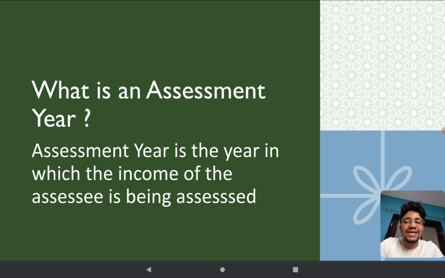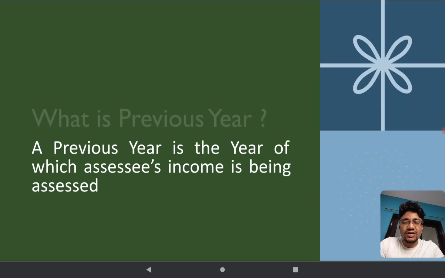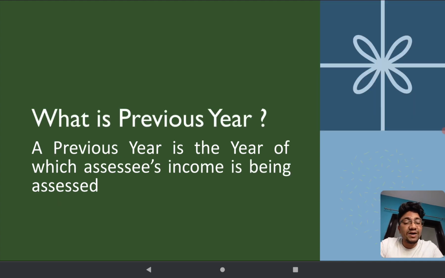Now who is an assessee? Assessee is the person whose income is being assessed, right? There would be an assessing officer who will be assessing it. So the year in which the income of a particular assessee is assessed becomes your assessment year, right? Now assessment year is the year in which the income of an assessee is assessed, but we understood something